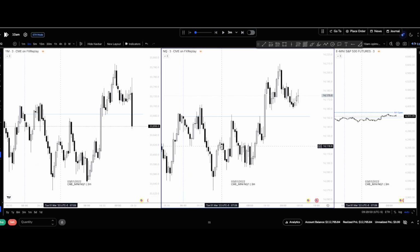After going into my actual TradeZella and doing my research of my most recent trades, my most profitable time period is post 9:45. However, the most profitable P&L wise is 9:33. So this is the plan: if I'm going to trade the driver, it has to be at 9:33 because that's